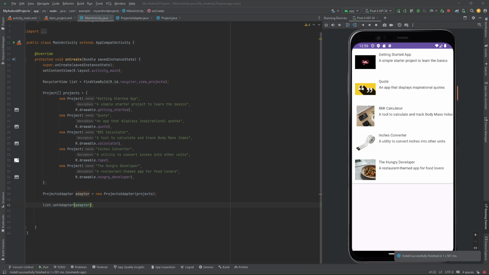The final thing we need to do now is just tidy up the layout for our individual items. So we can see them there with the image and the two text views, but it looks like there's a few design mistakes. The pictures don't all look the same size. Some of them are wider, some of them are taller, so we need to do something to make them all